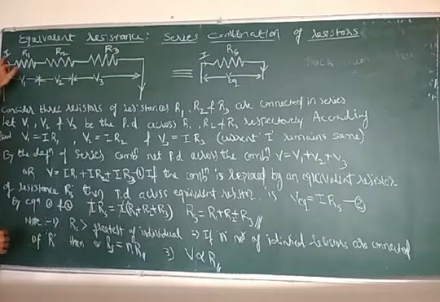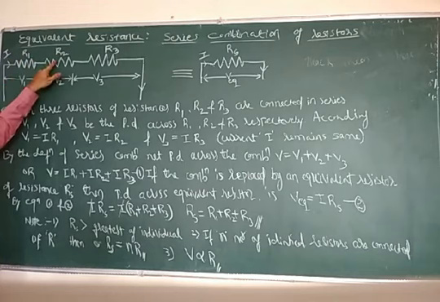But here, to send the same amount of current through all the three resistors of different resistance, the work which is required to be done may be different. R1, if it is of a small resistance, then we need a small amount of work to send the current I through R1. If R2 is greater than R1, it means R2 offers maximum opposition to the flow of current. Against that opposition, we need to send the same current even through the second resistor.